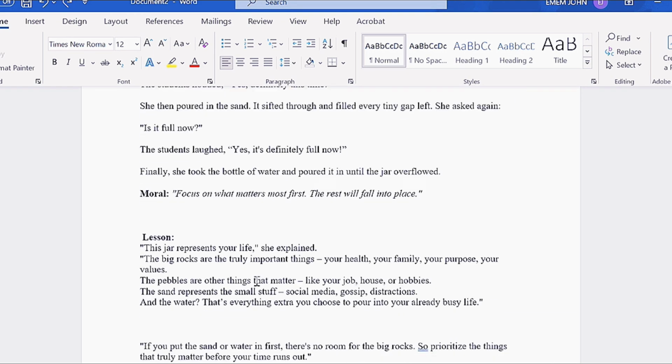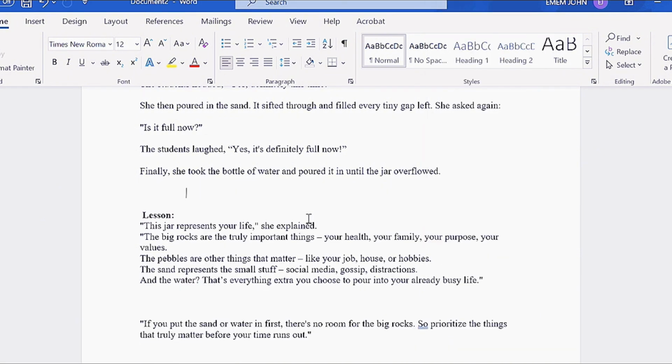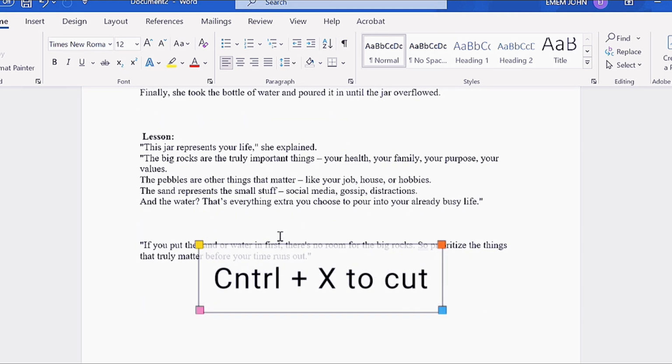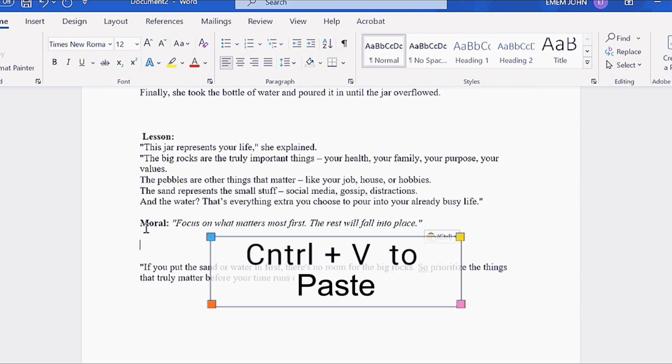Now, I want to cut this particular word, this particular sentence out. Instead of going through the normal method of right clicking and then cut, I just use Ctrl X and then come to where you want to paste it. Click on Ctrl B to view,